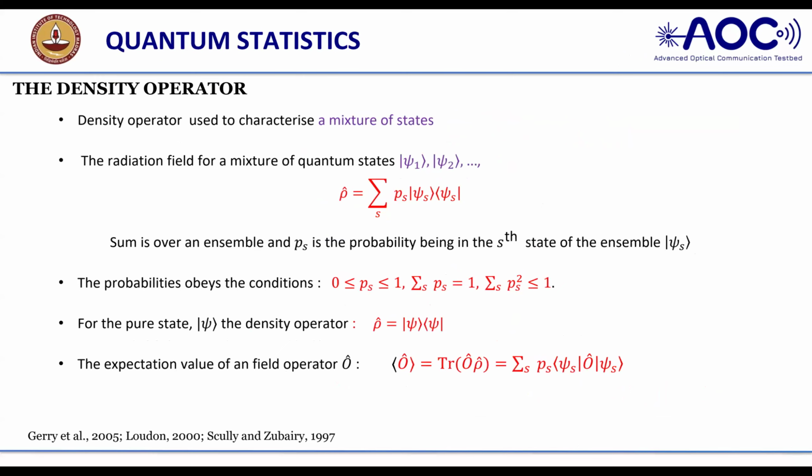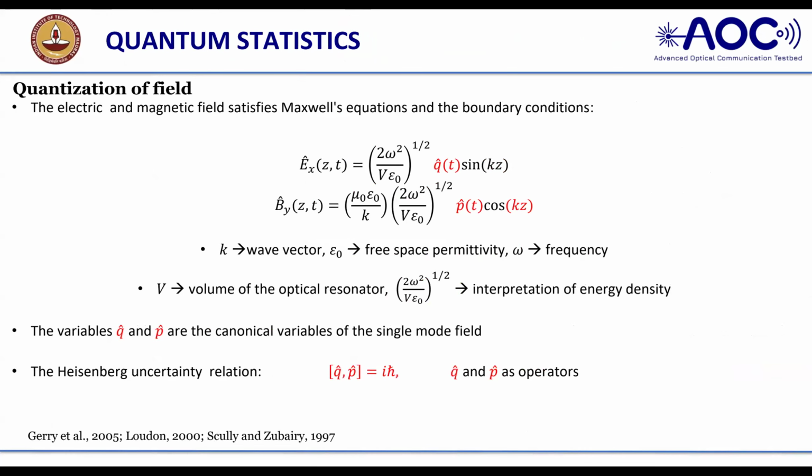So that's why I am giving the feel of how the density operator is useful for our quantum optical link. Another very important thing given by the standard in quantum statistics is that they have taken a single mode field, a laser source. In electromagnetic fields and antenna communication, with the help of boundary conditions of electric and magnetic fields and Maxwell's equations, we are able to write the electric field and magnetic field in classical mechanics.